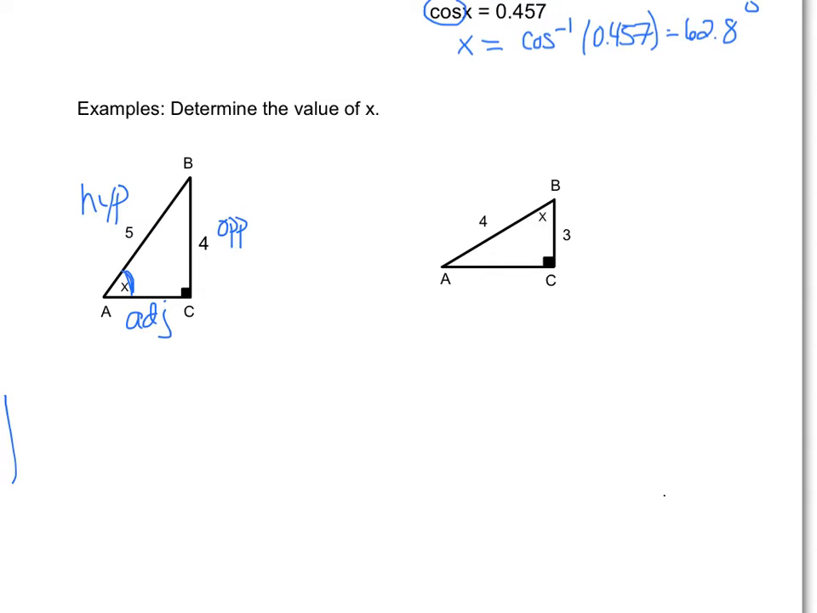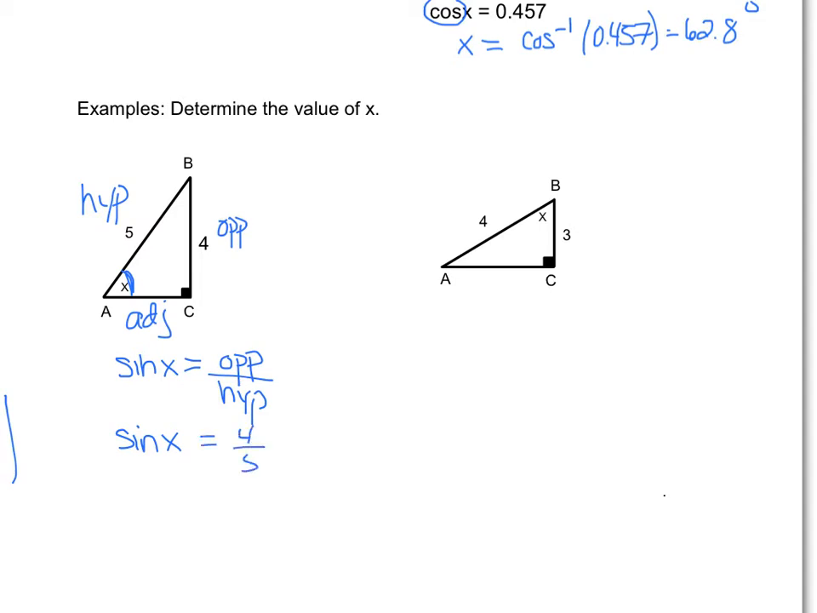Now I need to decide which trigonometric ratio I can use. Since this is my unknown, I have to make sure I know the other two sides. So I'm going to have to use this side and this side. The trigonometric ratio that we're going to be using is sine, because we have the opposite and the hypotenuse. So sine of x is opposite over hypotenuse. Now I'll put in the numbers I know. Sine of x